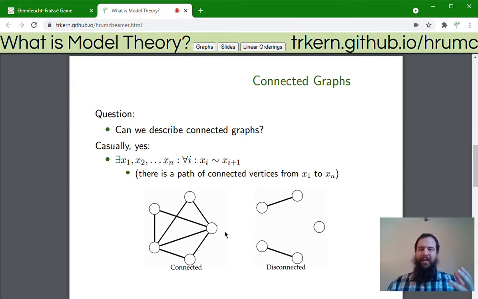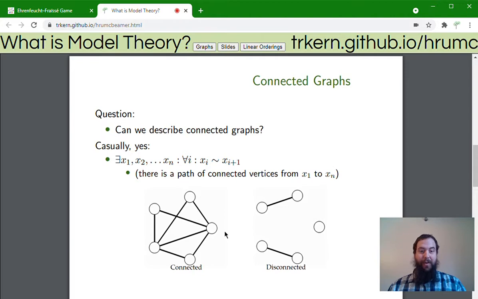But it turns out, if we're being precise and formal about this, if we're restricting ourselves exclusively to just the five things that I showed you, just first order logic of graphs, then we can't talk about whether a graph is connected or not. There's no formula in this language that is true of all of the connected graphs and is false of all of the disconnected graphs. And that might seem quite surprising, not as a fact in and of itself, but